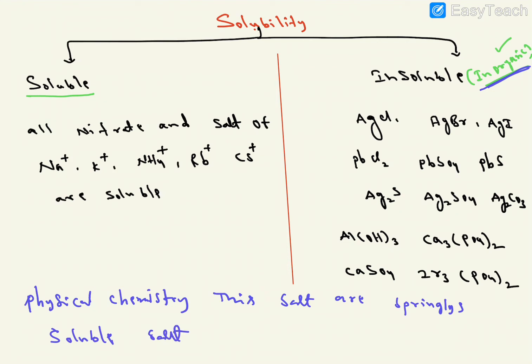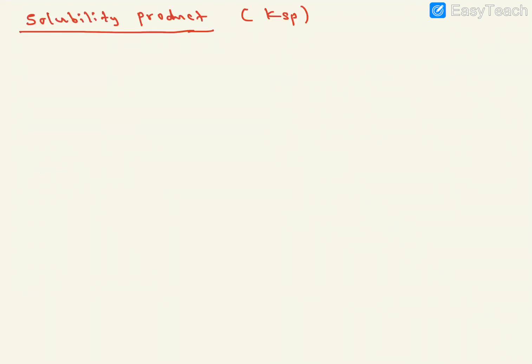What are sparingly soluble salts? They are not completely soluble. A small amount of the solute dissolves in water in the given solution, and the remaining stays as solid. It won't dissociate, it won't dissolve in the water. Such salts are called sparingly soluble salts. How much percentage is soluble is explained by physical chemistry. I hope it is clear.